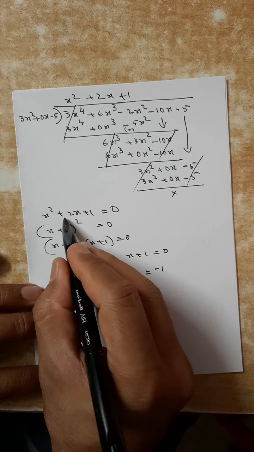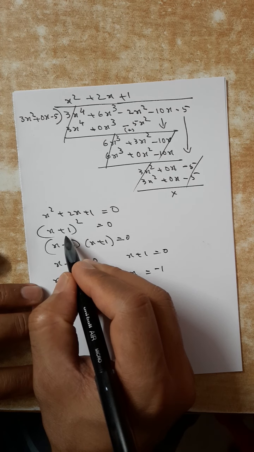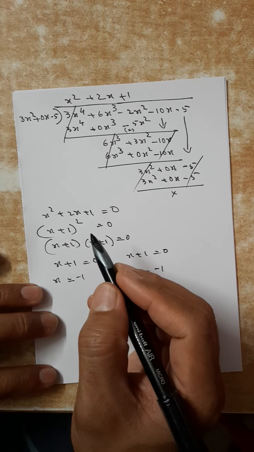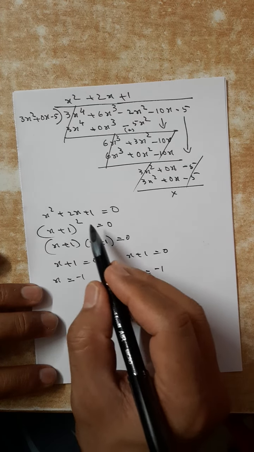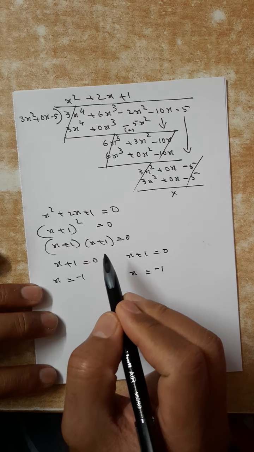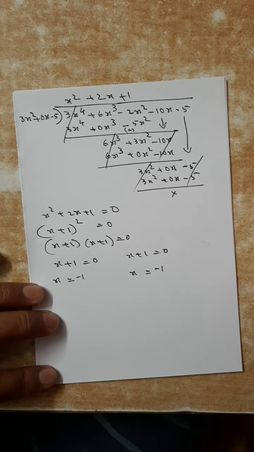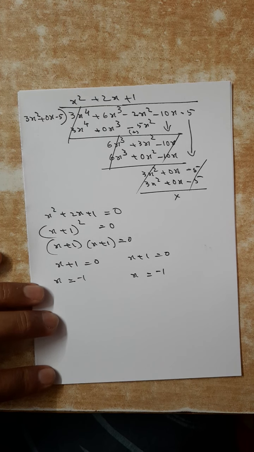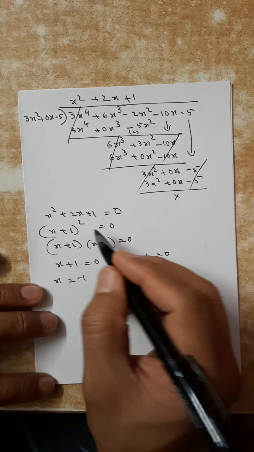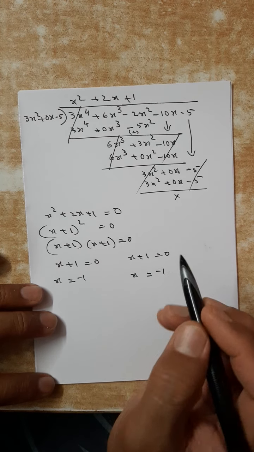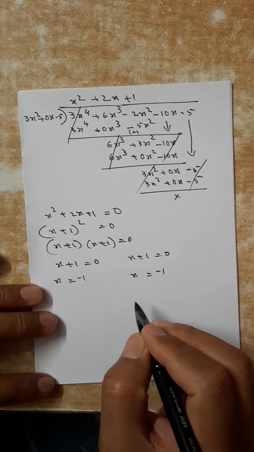See, by chance you didn't notice the identity, so what you will do? In the normal way, splitting the middle term, you are going to reach the same answer only. So by chance, if you are not noticing the identity, not an issue. Identity means it is for making our work convenient and easy. No problem, I am not noticing it, so I will go for the difficult method. I will get anyway the same answer. Okay. So this one. Now another question.